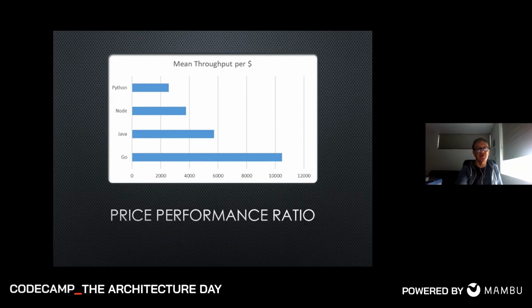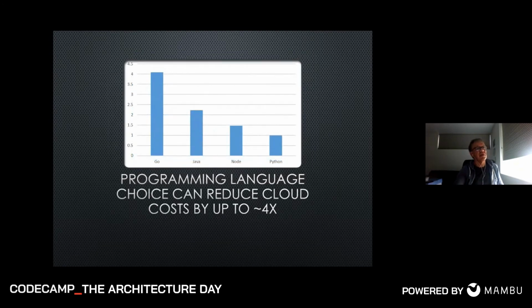So price performance ratio Go is looking pretty good, but the main point of this chart is it emphasizes the differences that programming language will make to your scalability and costs. So a very architectural decision, which programming language do you use when you have a choice, of course. And then if we just normalize this, we see that basically you get, for Go, you're getting 4 times, or you're reducing the costs 4 times to deliver the same workload as a Python server. So you pay 4 times less than Python if you deploy this application using Go under a heavily scaled workload.